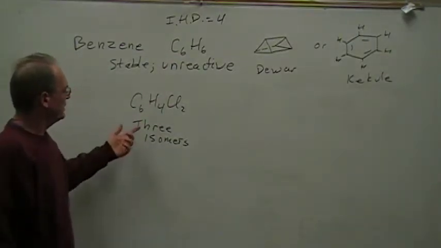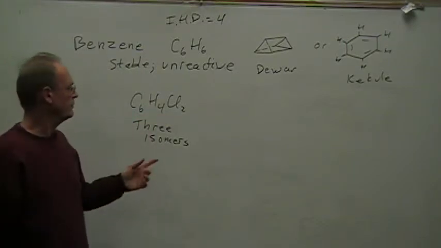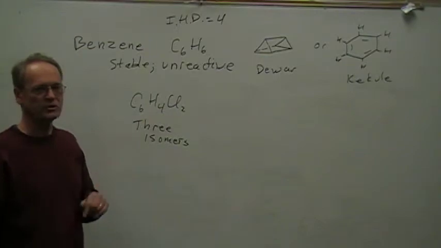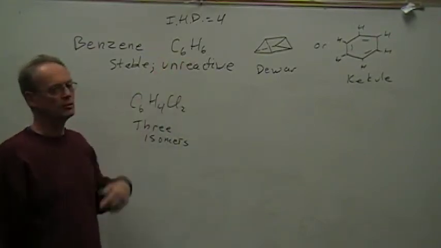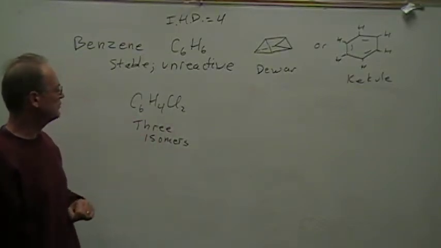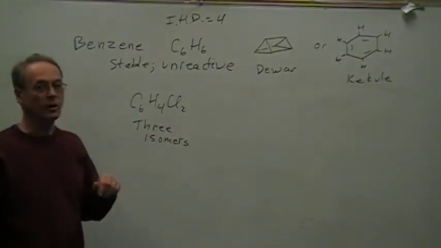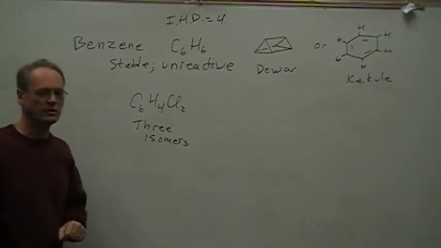It turns out that if you work really, really hard and you try to find all the compounds in the world that have the formula C6H4Cl2, which people recognized immediately was really just like benzene, except two of the hydrogens had been replaced with chlorines, it turns out that there are only 3 compounds in the world that have that formula, so 3 isomers were